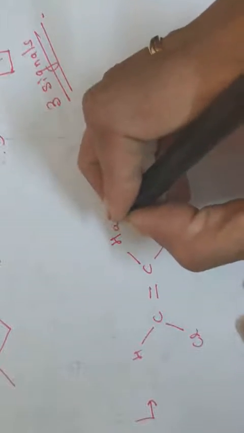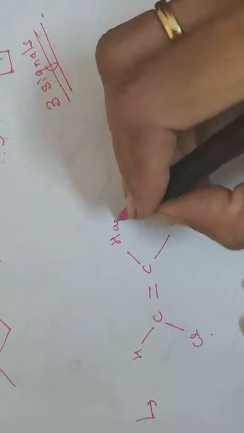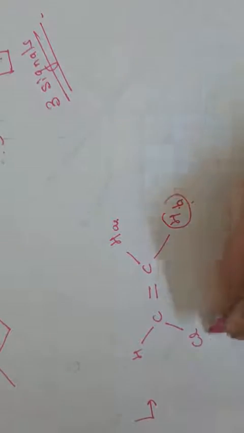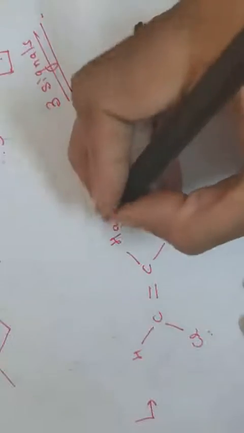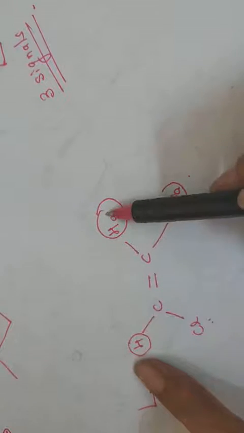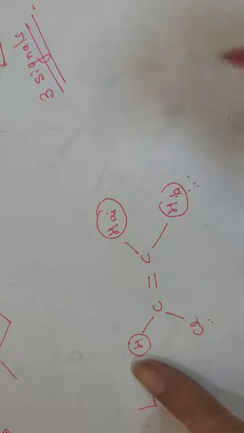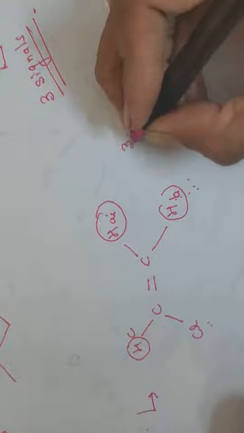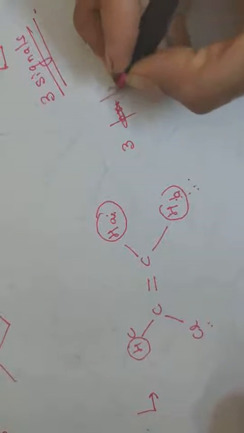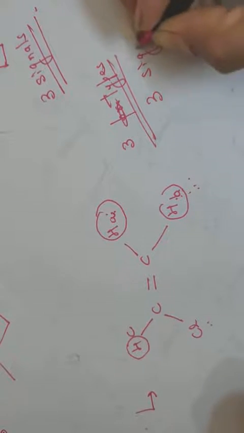Or you can do it like this. Why is this proton different from this? For this proton, Cl is trans to this, and for Hb, Cl is cis to this. So Ha and Hb will give different signals in the NMR spectrum. Now for this proton, this H is cis to it and this H is trans to it, since these 2 are different protons. So how many different types of protons will be there? 3 types of protons. So how many signals will be there in the NMR spectrum? It will show 3 signals.